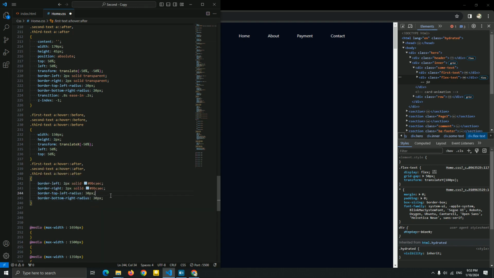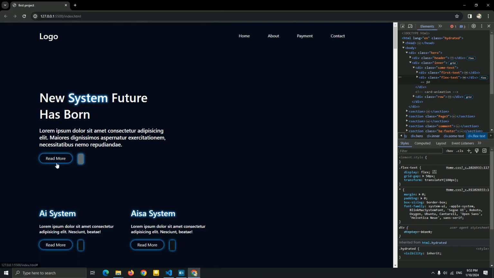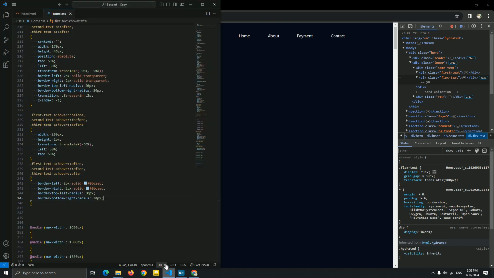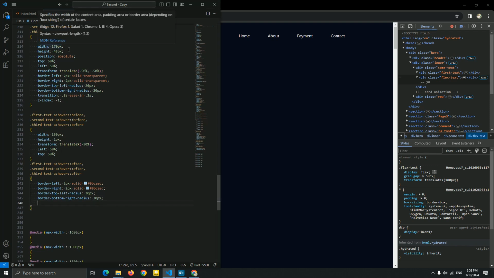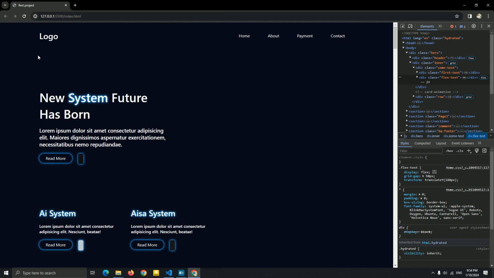And yeah, now let me just add width. So let me just show you, guys. So this is our after, and I'm gonna decrease a width to be a beautiful of this hover. Let me just show you very fast. So we have this width of 170 pixel. I'm just gonna decrease it to 120 pixel. Now as you can see, we get a perfect animation.